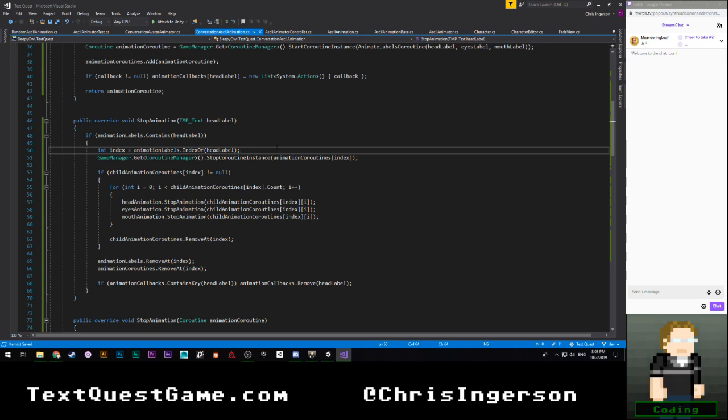So we stop that coroutine, but we don't remove the label until we get to here. Perhaps that while loop is... No, that wouldn't make sense. I guess I'm going to do this.